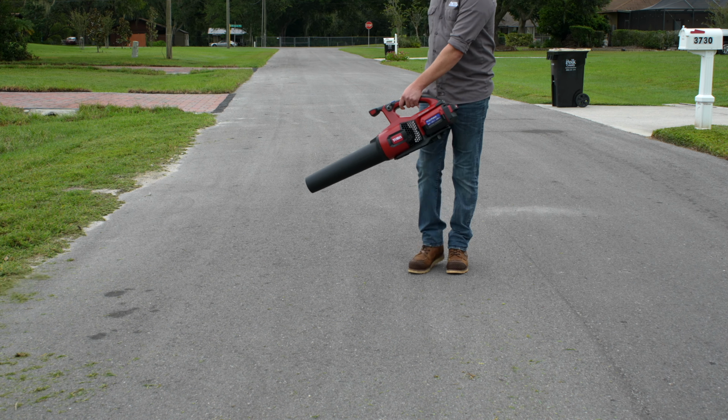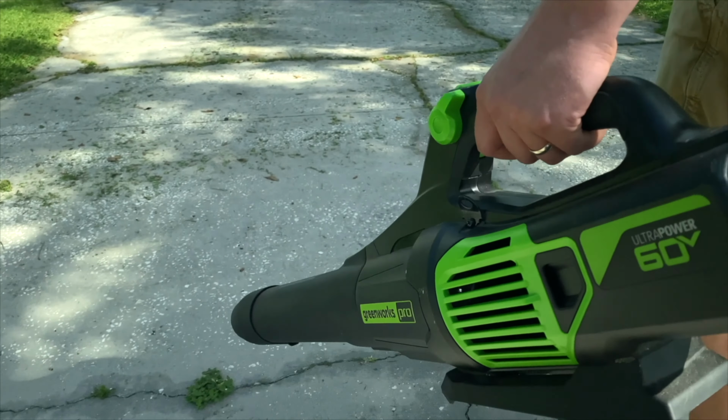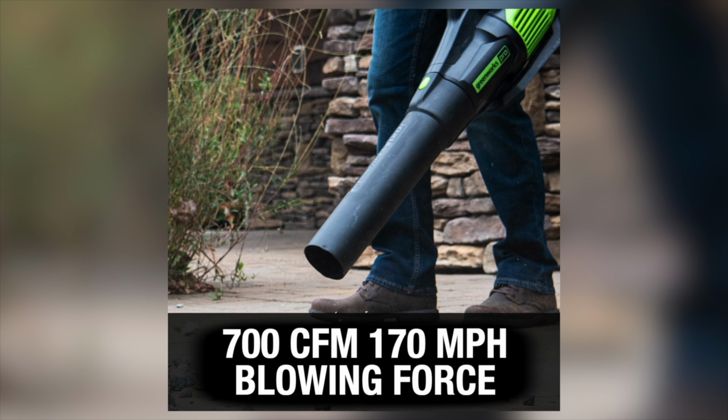Greenworks has become a dominant player in the outdoor power equipment scene, and we've got their 60-volt blower in this head-to-head. Greenworks joins the 700 Club as one of the few battery-powered blowers to reach that 700 cubic feet per minute rating. As a top-performing handheld leaf blower on the Greenworks Pro 60-volt line, it's capable of 170 miles per hour on its top speed, and it's one of the elite blowers to hit that 20 newton level in our